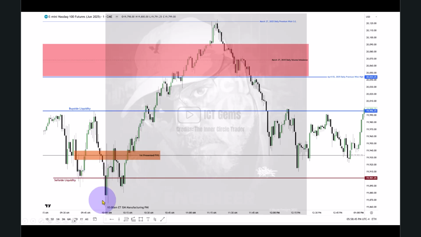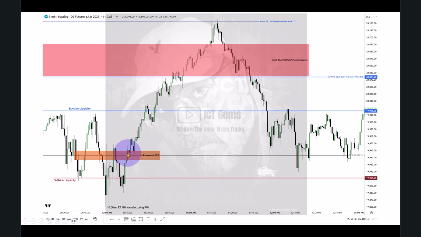Why would they want to go down here? Because they're going to pick up all these orders down here that are resting to go short on a breakout or to protect a long position. So either way, sell stops are resting below that level. So the algorithm drops down there to accumulate, all through here, and then after 10 o'clock, it rallies higher